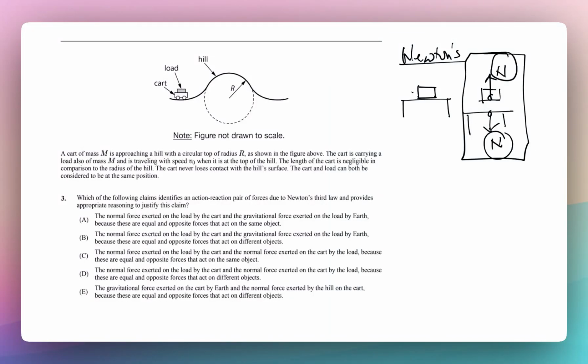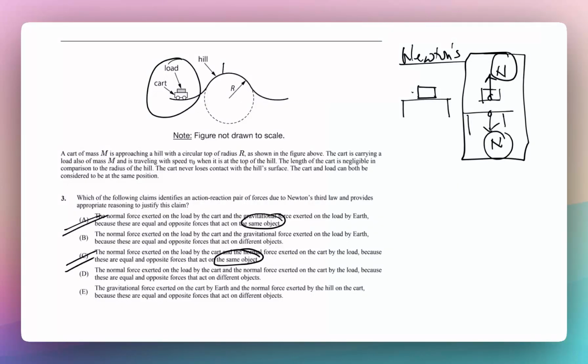Hence, option A, on the same object, is definitely wrong, right? So we can get rid of options A and C. Now, in order to clarify, the best way of doing this is by drawing a free body diagram